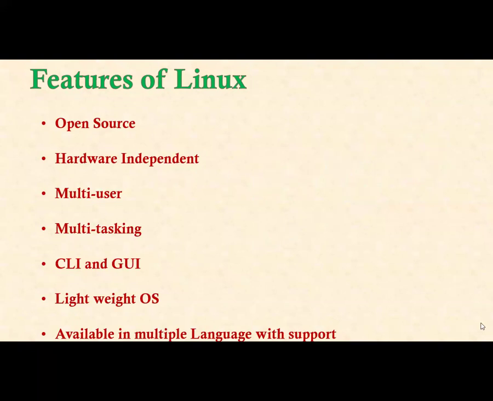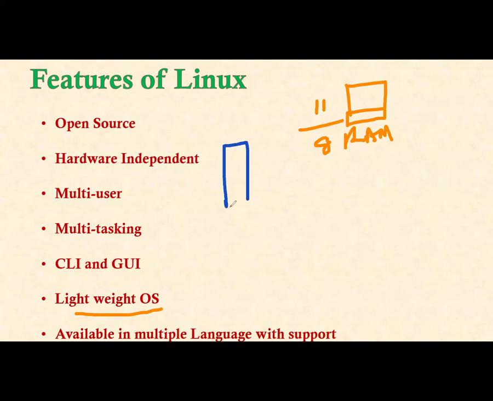Now, it says Linux server operating system is a lightweight operating system. Now, what is the meaning of lightweight? Lightweight means, for example, if you take a laptop and install Windows 11 operating system, for Windows 11 you need at least 8 GB of RAM. How much? 8 GB of RAM. Now see here carefully, friends. Let's say you have a server here. In this server, you're installing RHEL, Red Hat Enterprise Linux, let's say 9.x version. You're installing the Linux server operating system, my friend.